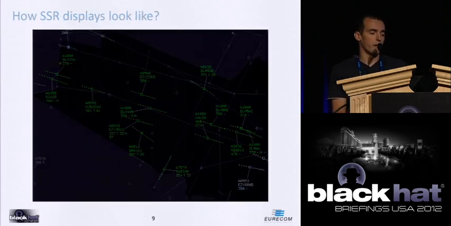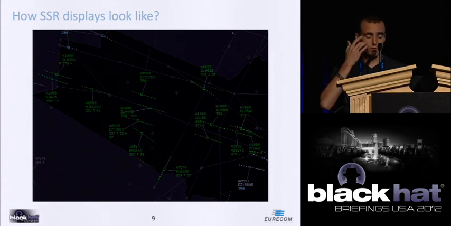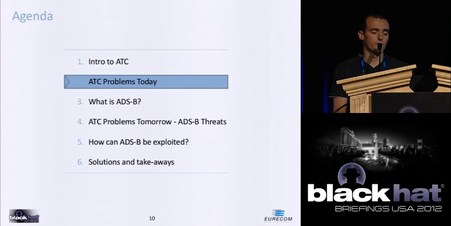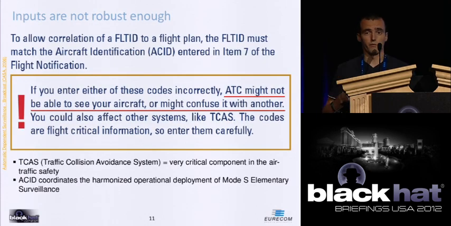This is how a typical secondary surveillance radar display looks at air traffic control displays and software. It's not very sophisticated. You can see some tracking and some data, automatically or manually assigned as meta information to the objects in the sky by the ATC crew and ATC hardware and software. Okay, as it stands now, it seems that even with current technology, I mean without the new ADS-B system, there